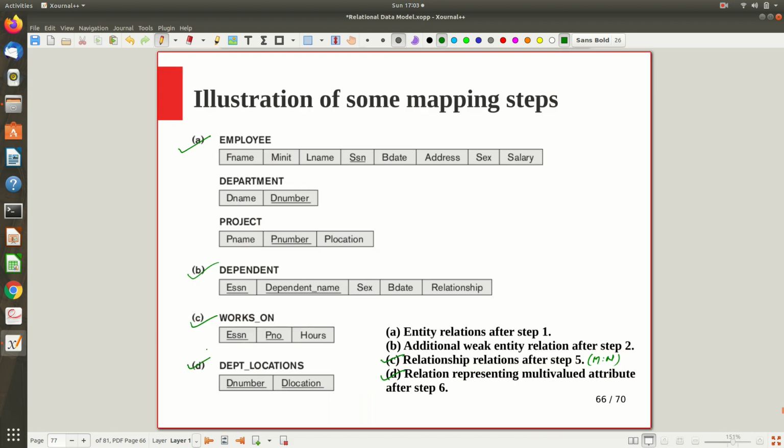So like that, they can give you any ER model, or sometimes they may ask you to draw the ER diagram, then you do this mapping and show it like that. Some questions also they can frame on the corresponding relational table. Okay,